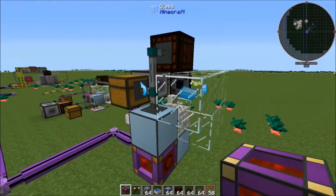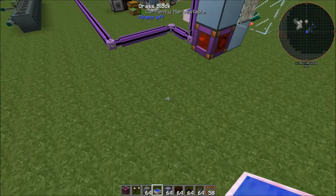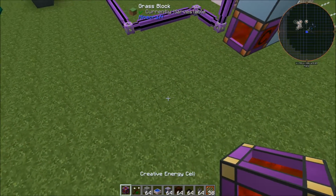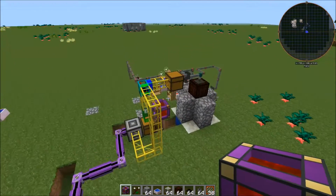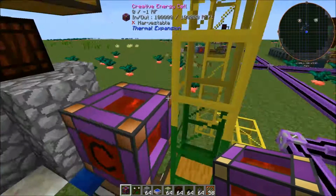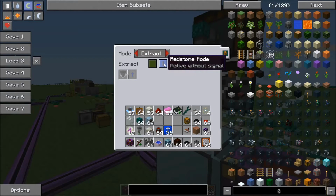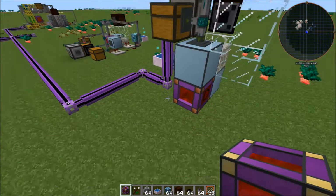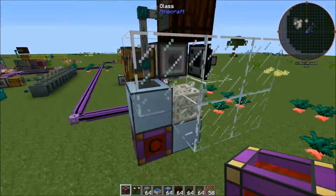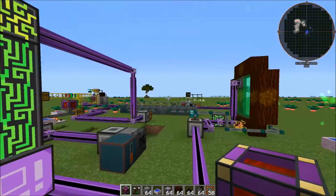And also, if you want to set this up to monitor mana pools, you could do it just like last episode, so I'm not going to totally build it out, but you could just set up a mana pool, attach a comparator to it with the bookshelf method that I showed you last episode over here, then you could just have the signal come out to this pipe, and you could set it to extract with a signal, and then it would only extract when you have the desired mana in your mana pool. And if we come over here, you'll notice we have 10 runes of mana, so everything went flawlessly,